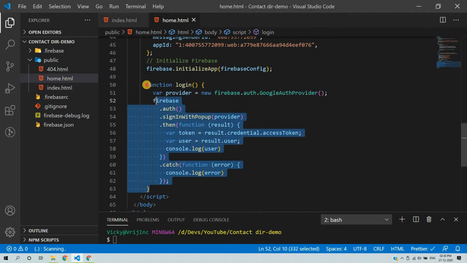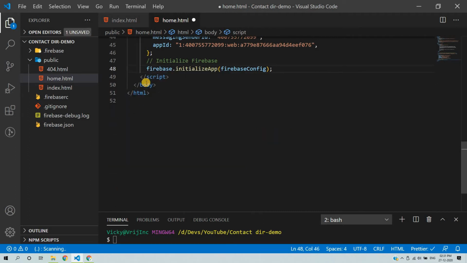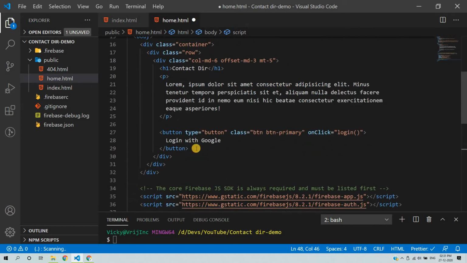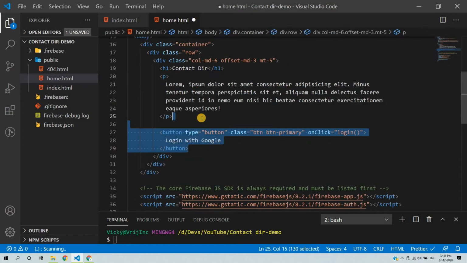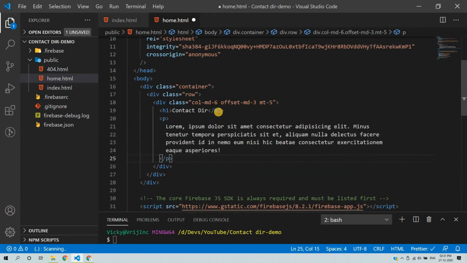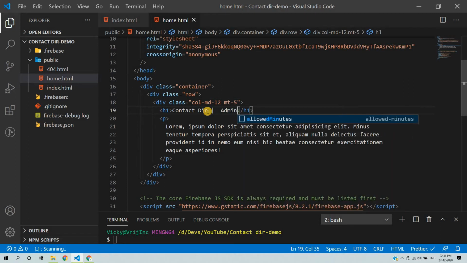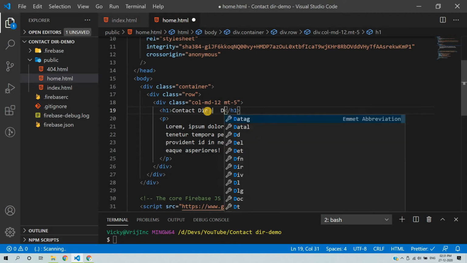In this home.html, we don't need a login type of button, and similarly, we don't need a login button element. We will create a column of 12 and add something like home, or admin, or dashboard.